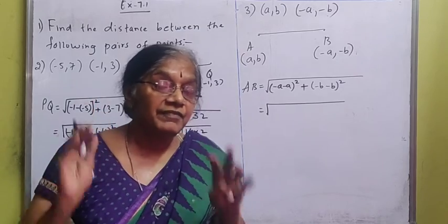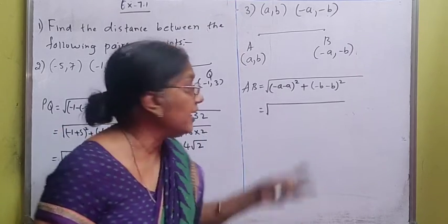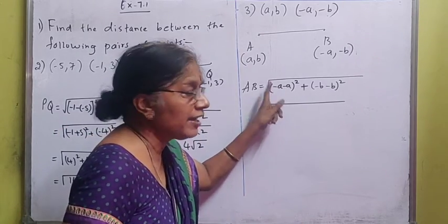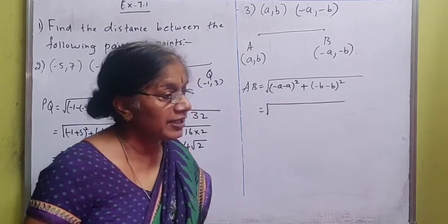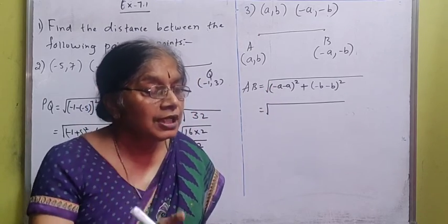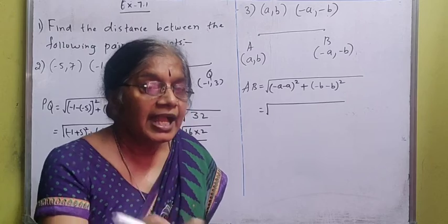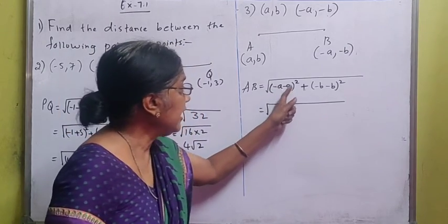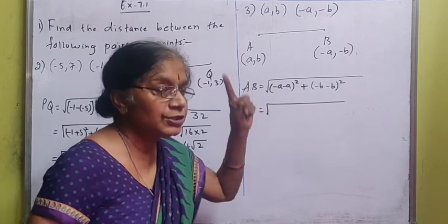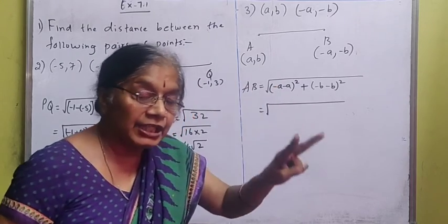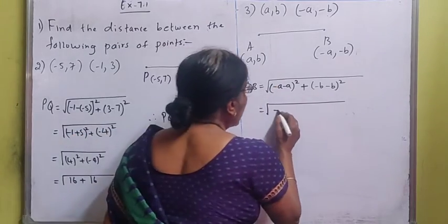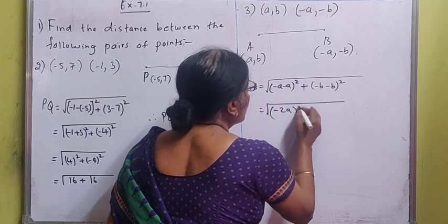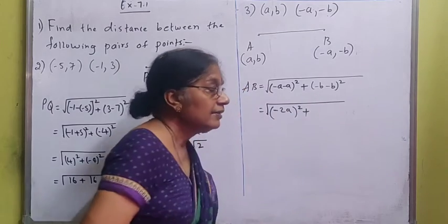a and a are the like terms. In algebra we know like terms can be added. No number is there, which is 1. So minus 1a minus 1a. Use the rules: two negative integers, add and keep the negative sign. Minus 1a minus 1a is minus 2a. Both are negative integers, so it will become minus 2a the whole square plus